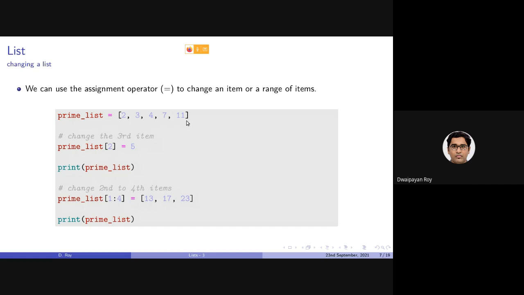And we can of course use the slicing operator here as well, again using this assignment operator. So here I am mentioning from 1 to 4, so basically second to fourth item. So these 3 items will be replaced by these 3 items, right? So the resulting list will be 2, then 13, then 17, then 23, then 11.